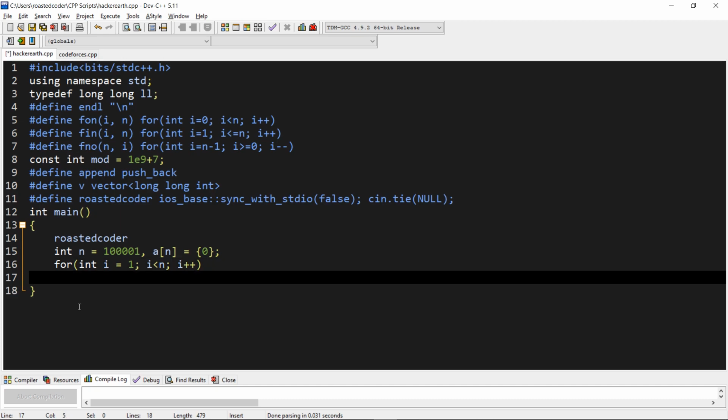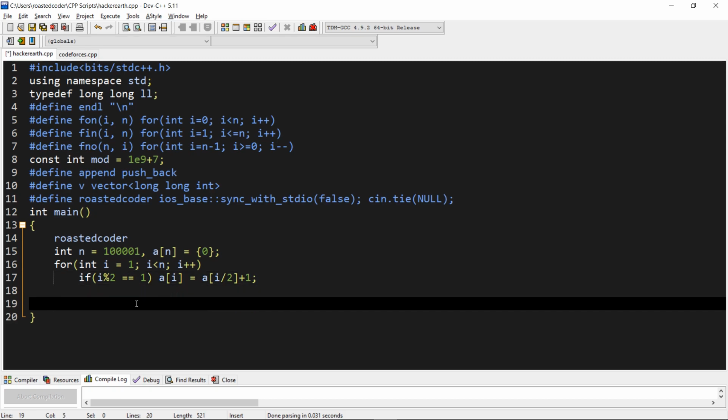Now let's check for an odd index, that is, if i modulo 2, then we will change a of i to a of i by 2 plus 1, and now again we will decrement the value at odd indices.